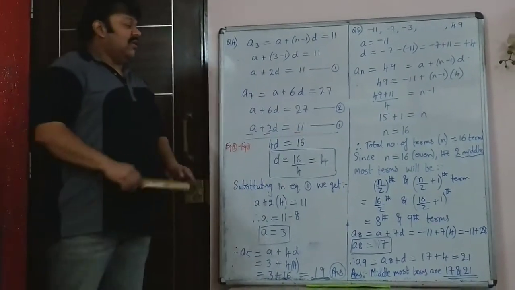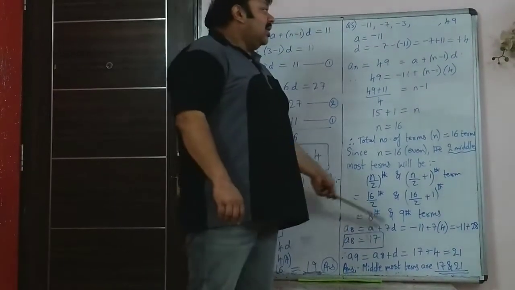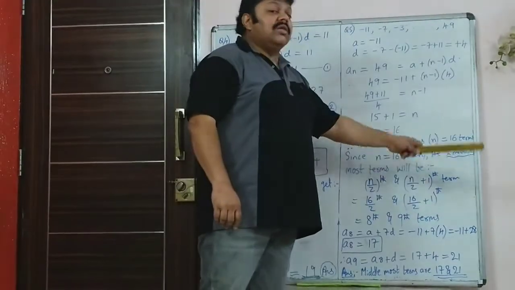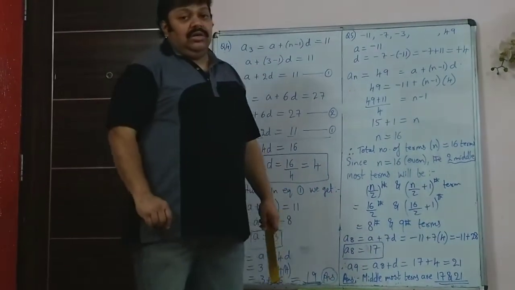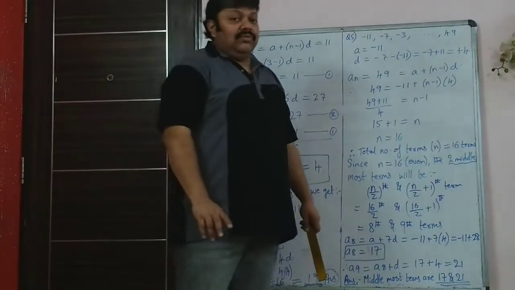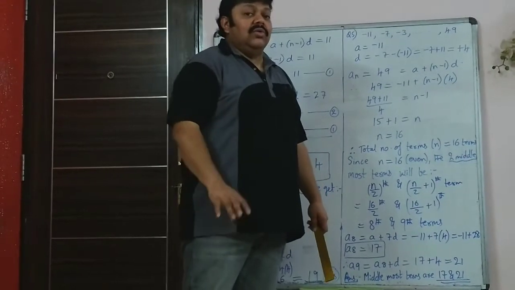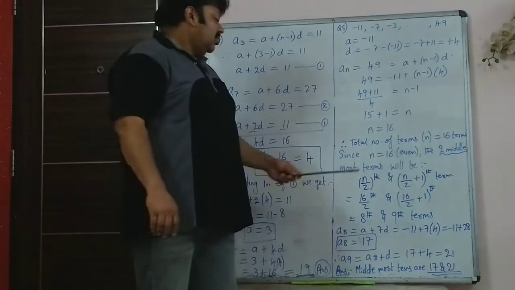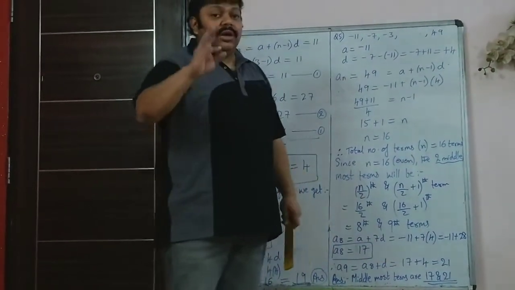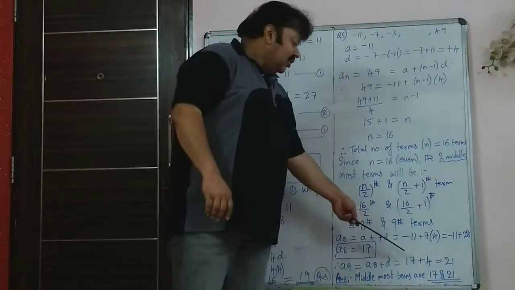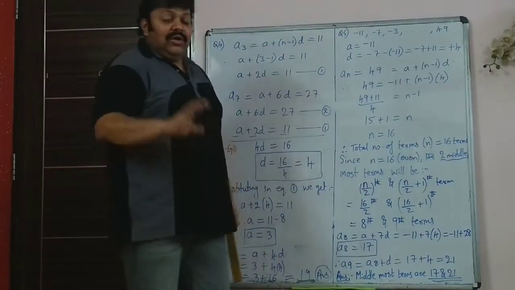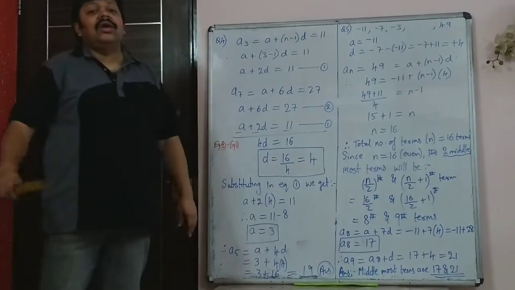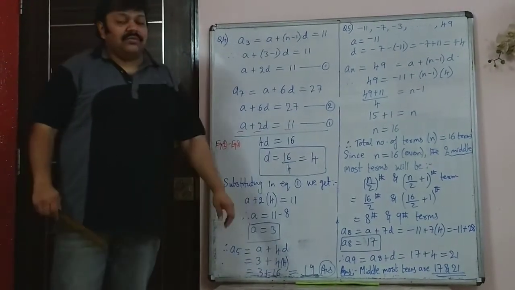So that's the 5th sum. Please remember, when you find the middle term, you have to first find how many number of terms are there. Check whether it is even or odd. If it is odd, then there will be only one middle term, that is the n plus 1 by 2 term. And if it is even like this, 16 is an even number, so both the 8th and the 9th term, there are two middle terms. Now see, I have not found the average of 17 and 21. I have just written there are two middle terms. In AP you are not supposed to find the average. So we go on to the 6th sum.